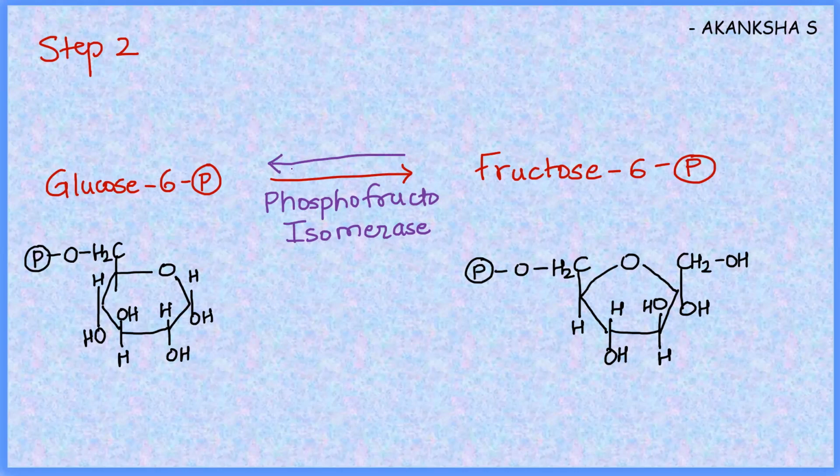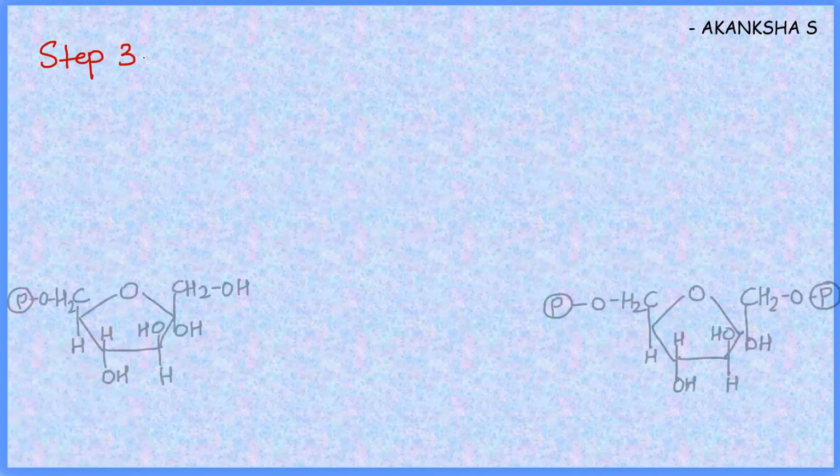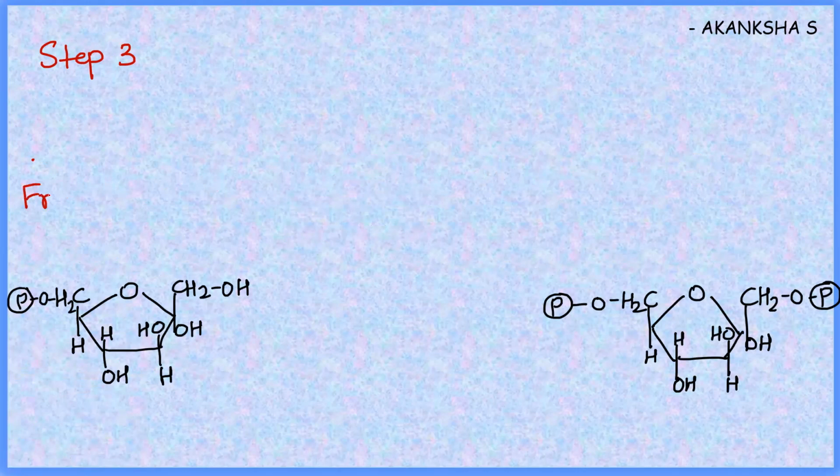Now we have got fructose 6-phosphate. Up till now, we are discussing compounds which are all 6 carbon compounds. Step number 3, we are going to consider the fructose 6-phosphate. What is happening over here? Can you see there are two phosphate groups? One on the first carbon, another on the sixth carbon. So we are converting fructose 6-phosphate to fructose